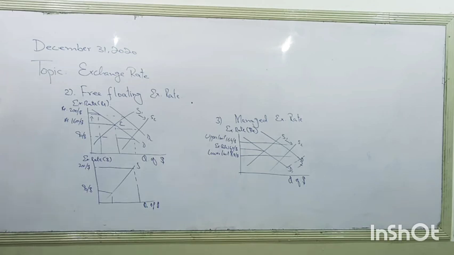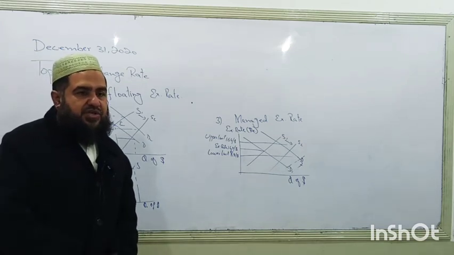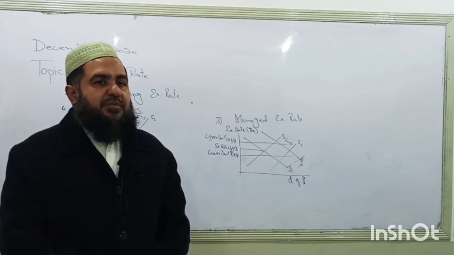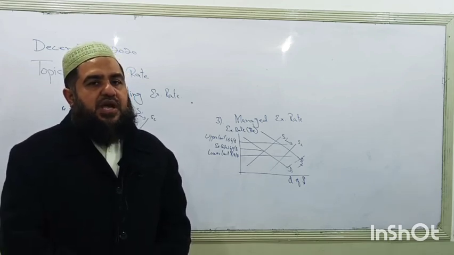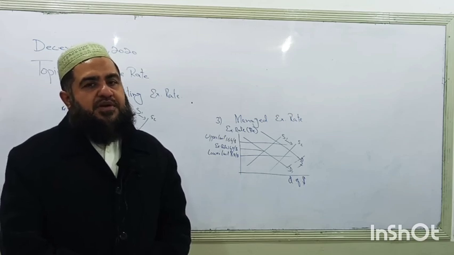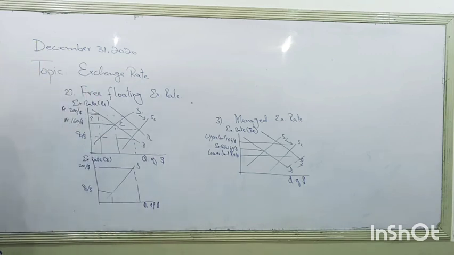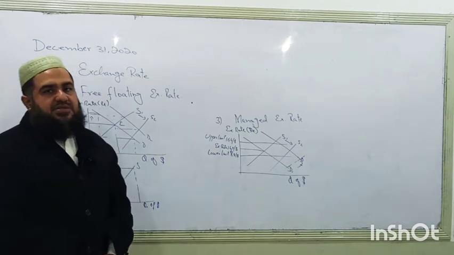So a managed exchange rate is basically managing the value of foreign exchange by using the market forces of demand and supply through central bank intervention. When its value goes above the upper limit, the central bank will become the seller of that currency, and when its value goes below the lower limit, the central bank starts buying the same currency. So it is managing the exchange rate in the international market of the dollar in our country, where money is going to be exchanged. So this is about our free floating exchange rate, fixed exchange rate, and managed exchange rate.